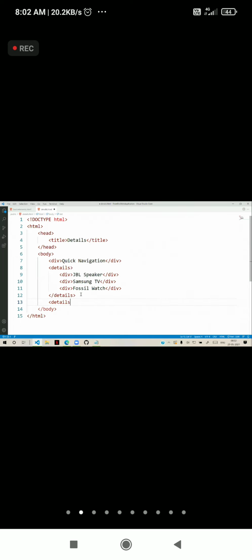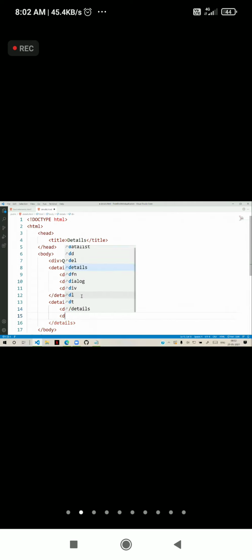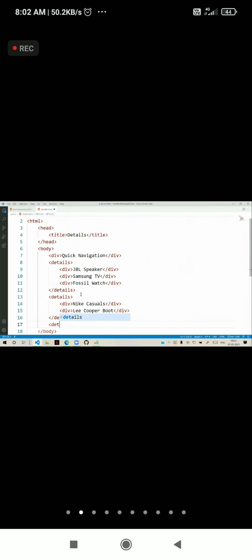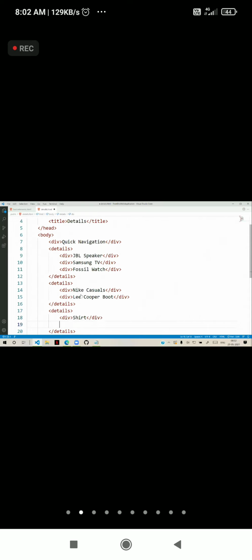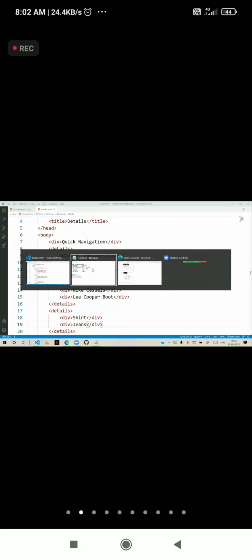We can add another details with Nike casuals, another div like Lee Cooper boot. And another details, which is a container again, and in this we say some shirt, some jeans.